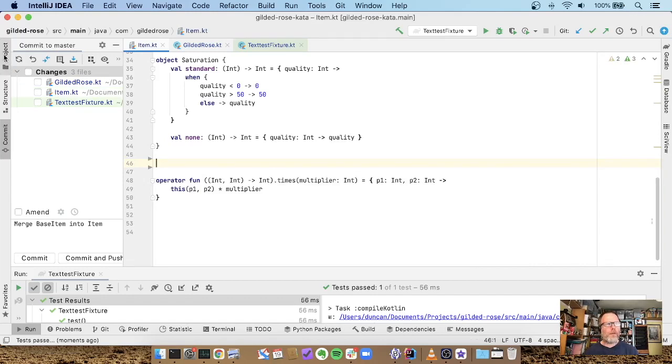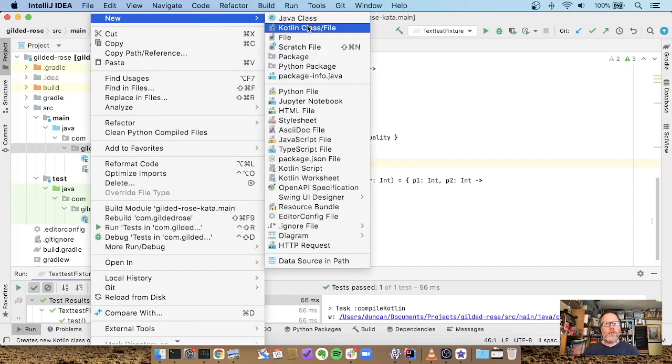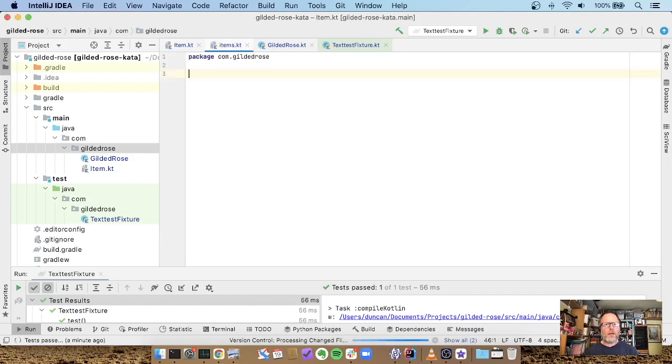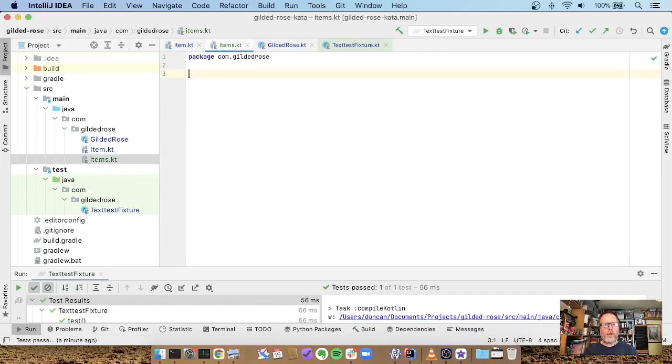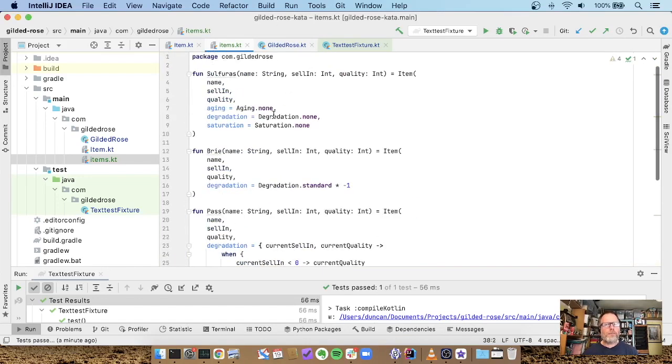I'm going to cut them from there for now and say, let's have a new Kotlin file which we'll call items, and we'll make it a file, and we'll just add git, and we'll just put these in here. So these are our constructors, the things that construct items,